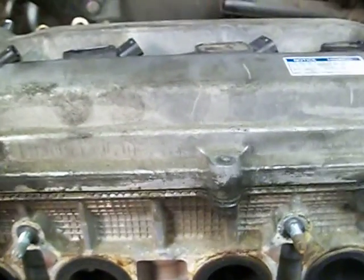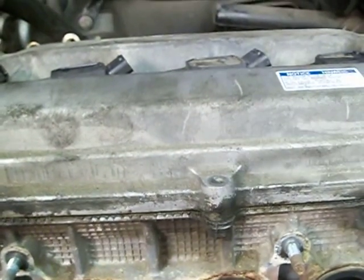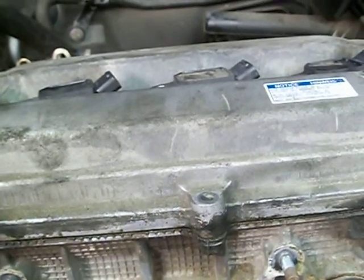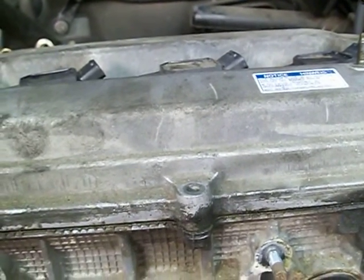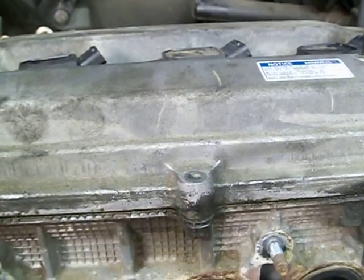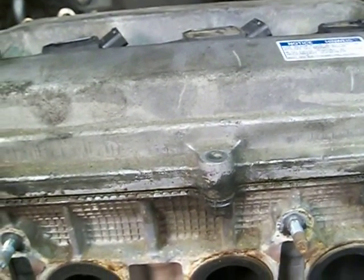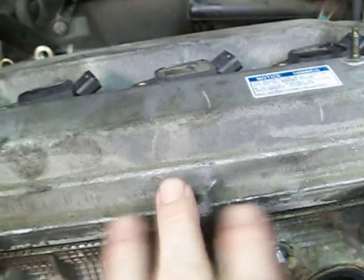Alright, I wanted to document this because this car is driving me crazy. It's a 2003 Toyota Camry, and it started running. This always kind of had a rattling sound for a long time, and initially I thought it had something to do with the timing chain or timing. I found out that the timing chain allegedly was replaced before I bought this car, and whenever it got real hot,